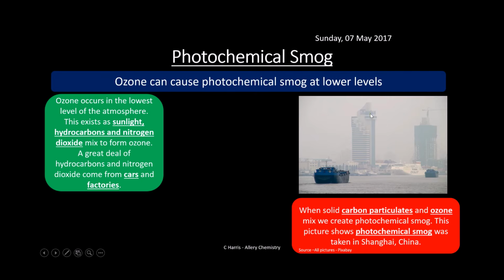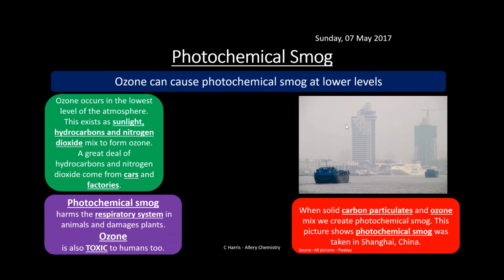This is a picture taken in Shanghai. You can see obviously the skyscrapers of Shanghai there, just misted over with photochemical smog. And obviously there's quite a few cities, not just Shanghai, there's a few cities globally that have this problem with photochemical smog. And obviously there's rules and regulations and politicians trying to come up with strategies to try and reduce